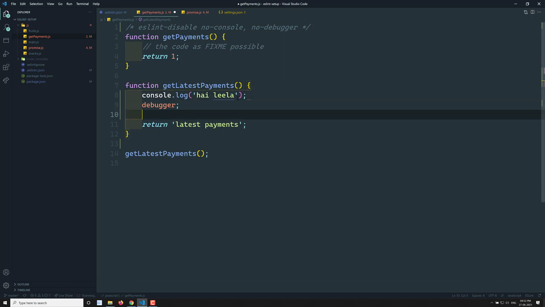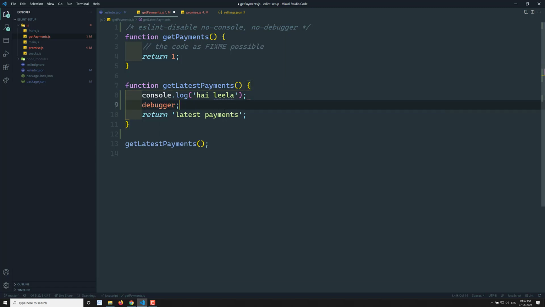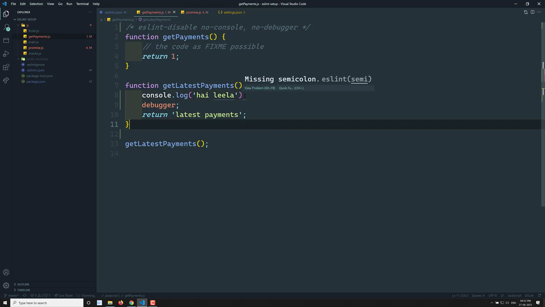So here you are able to see that removing whitespace, these things, you will be able to see, right. So here you are getting another error. What is that error? It's saying trailing spaces are not allowed. Okay, here I am having one space. That's it. Now if I remove the semicolon here, you will get an error. It is telling you that there is a missing semicolon.